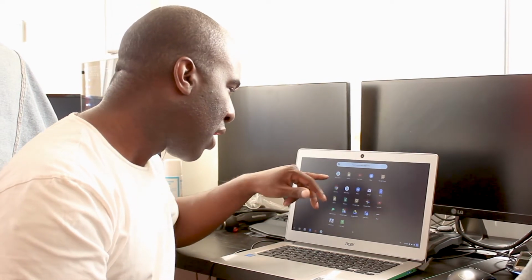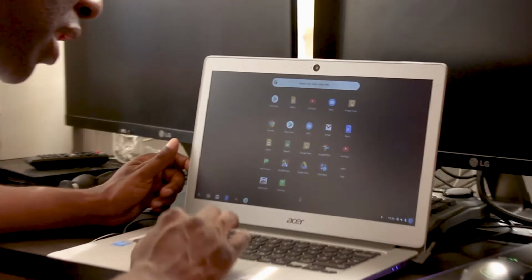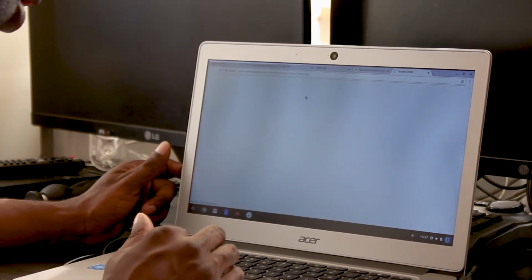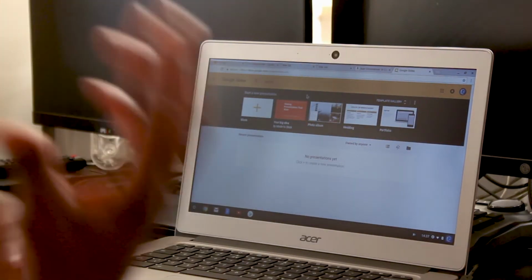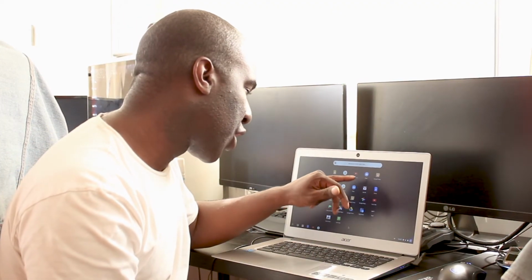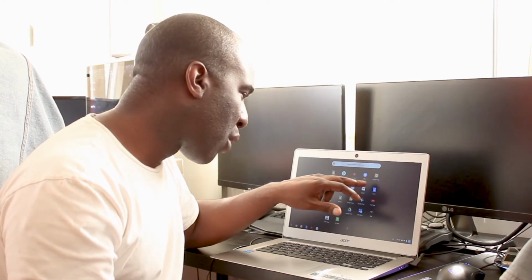So what it comes with as standard is the Play Store, Slides, which I'm guessing is to do your pictures and that. Oh, do you know what? Let's just click into it. Chrome extension, so Docs, yeah, so your little presentation slides of pictures and information, data and all that. Then you've got your Play Store, YouTube, which has your normal YouTube files, like all your backup data, Google Keep,